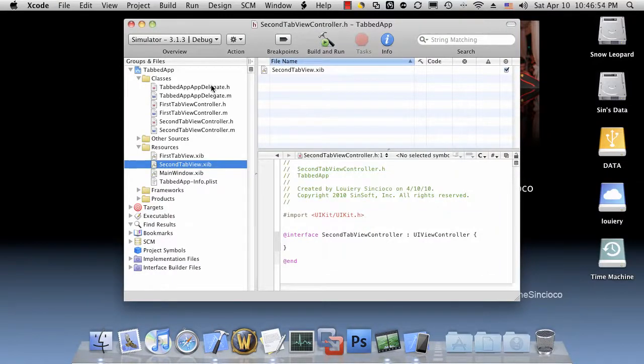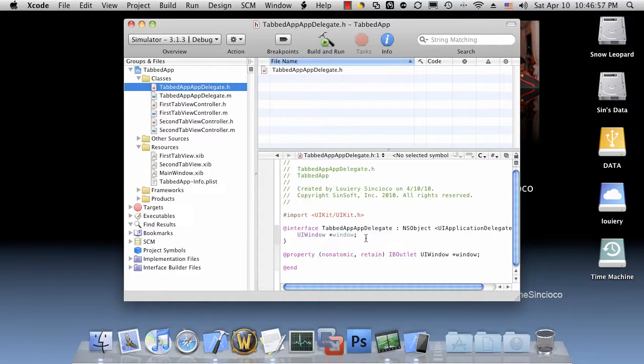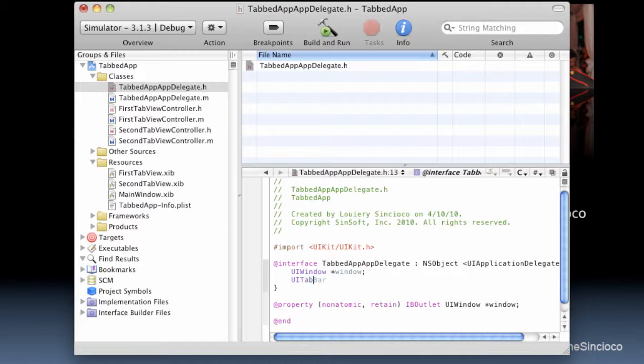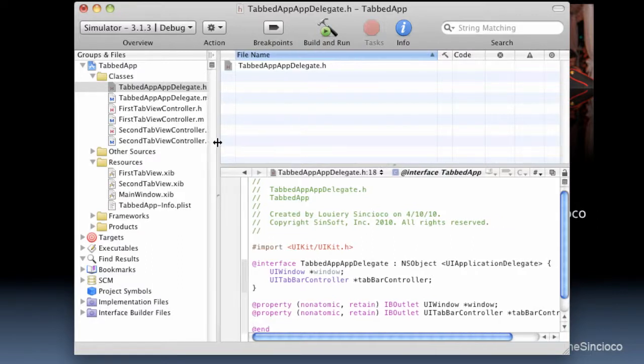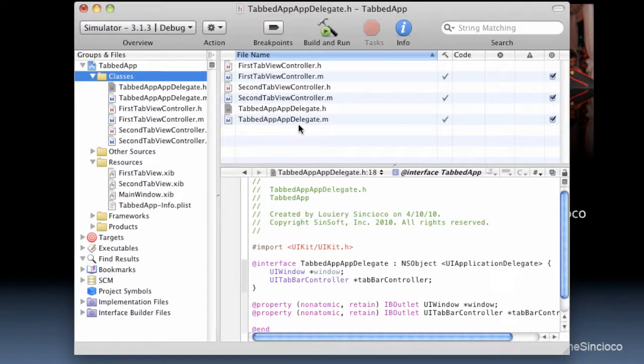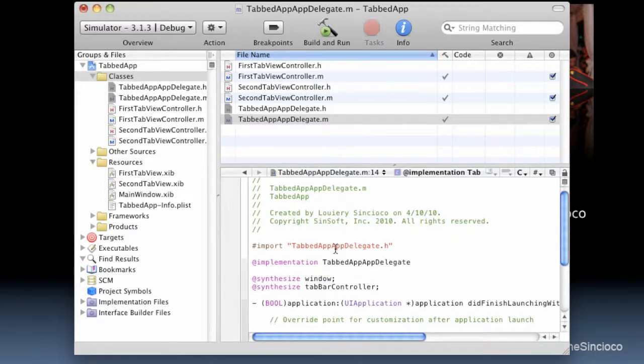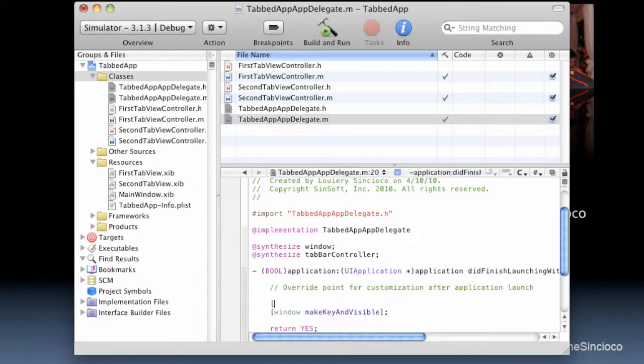Let's go to the delegate of our app here, the header file. Let's declare the controller and make that into a property. Okay. Let's also go to the delegate itself and synthesize the tab bar controller. Let's add its view